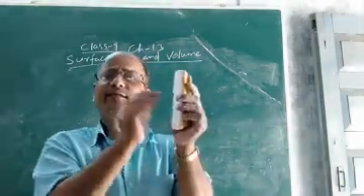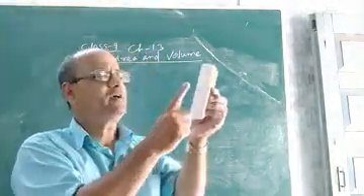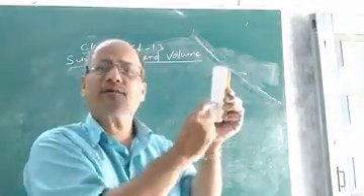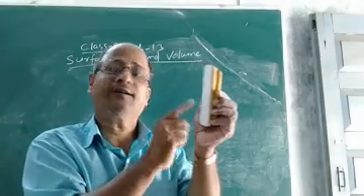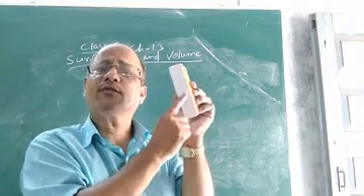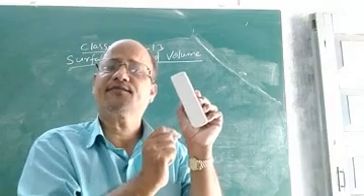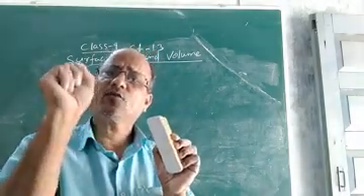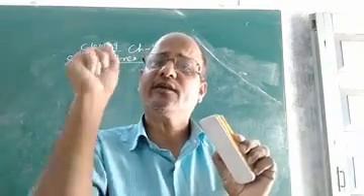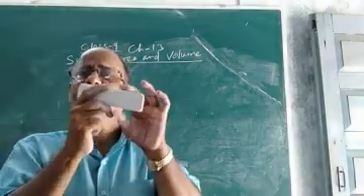Now, what is a surface? Each face is called a surface. This portion of the cuboid, I am able to see and touch. I can touch this portion and I can also see this portion. So this portion of the duster, which is a cuboid, can be seen and touched, and we call it a surface. Any portion of a solid that we can touch and see is called a surface. So there are clearly 6 faces and each face is a surface.